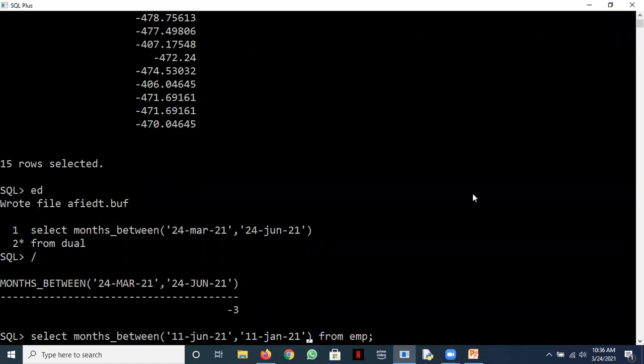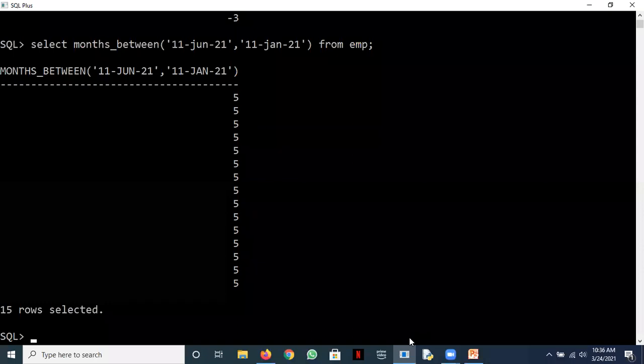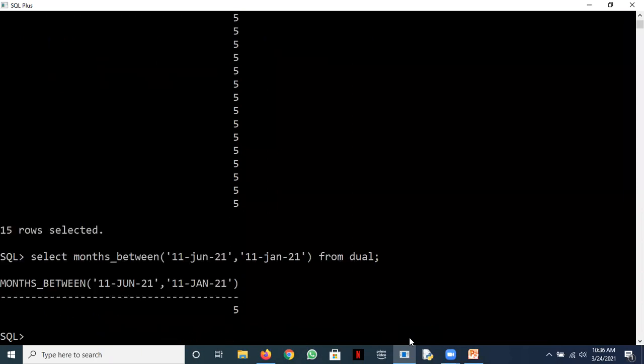Yes, Gursimran, can you answer this? You already unmuted. Yes, I'm going to try. Okay, 5. 5 is the answer, you say. Let's check. 5 or 6. Since there is only one row in the dual table, when I use the dual table, it gives one row as the answer. I can also use any other table. So I'm just picking a pseudo column from the emp table, which does not exist in the emp table. So it will give 5, 14 times. That is the benefit of using the dual table. Okay, so months_between is clear.